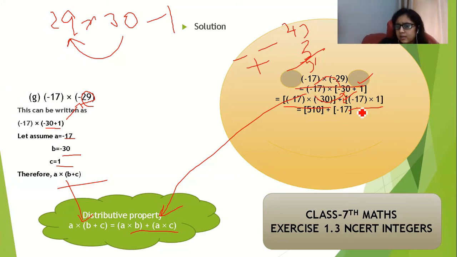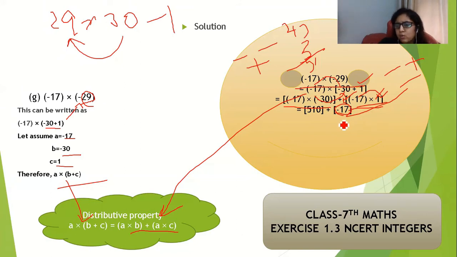And in this bracket we have to multiply this 17 by 1, and it is very easy to multiply any number by 1, you will get the same number. So my answer will become minus 17, and this minus is because I have applied the rule of multiplication here, because one number is negative, that is 17, and one is positive, and if one number is negative and another is positive, the sign of the answer is negative. So my answer is minus 17.